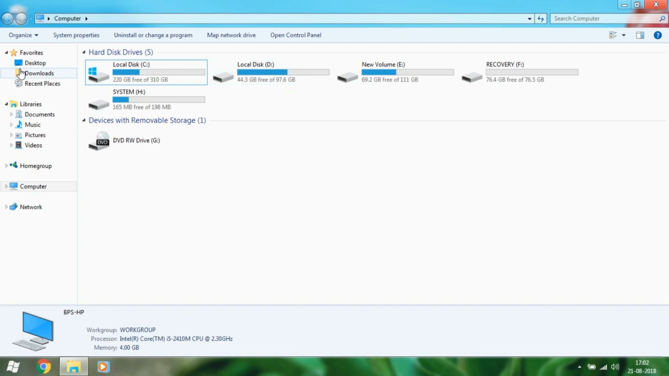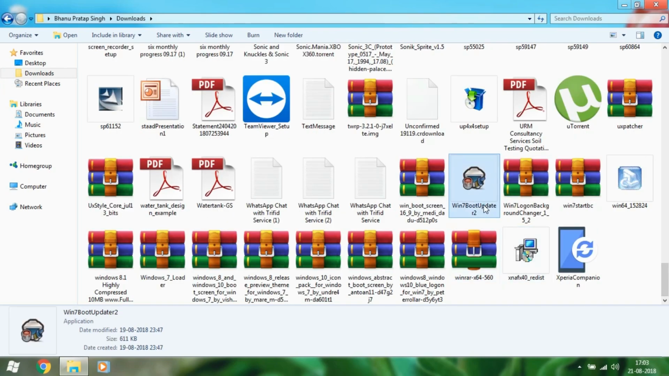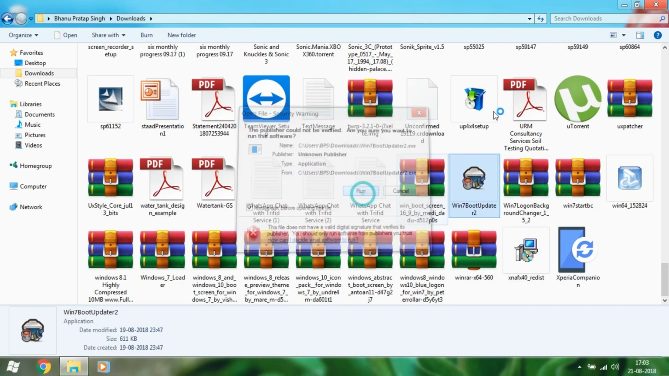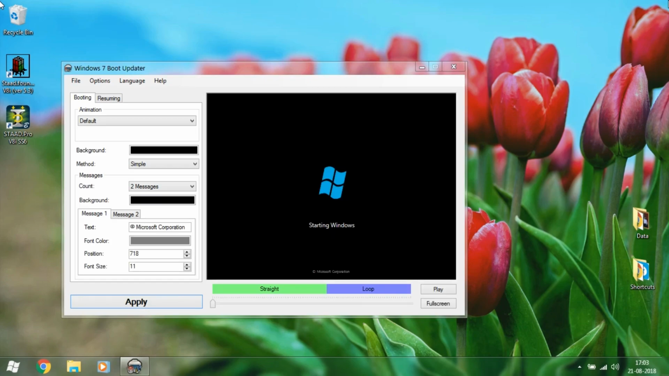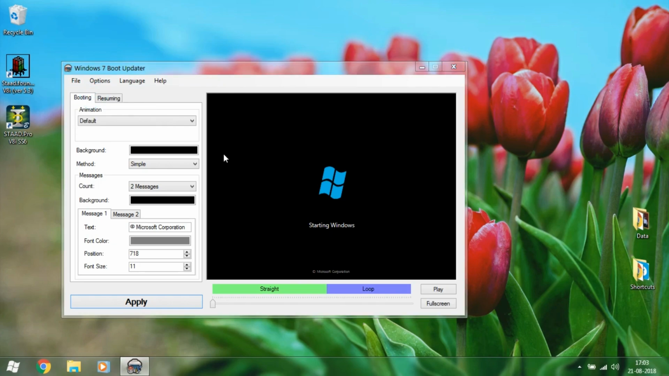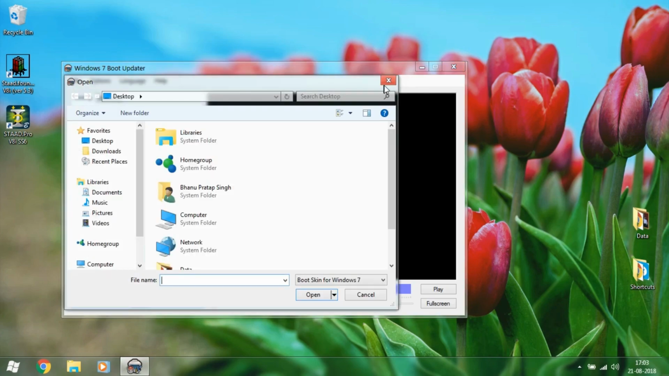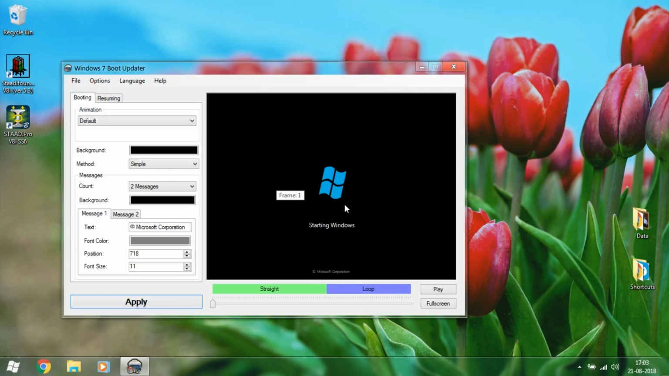Now first of all, just download the Windows 7 boot updater, and first of all let me find it first. Okay, so I have got it here. After running it, just download the file in description. It's Windows 7 boot screen.bs7. Just go to file, click load boot screen skin, and wherever you have saved it, just select it. That's it. Now after doing that, you will get a boot screen like this,